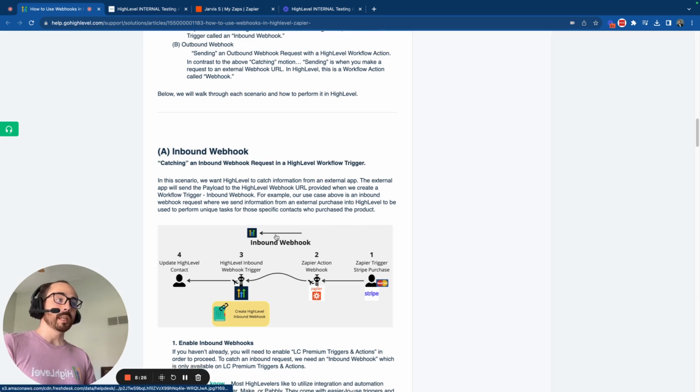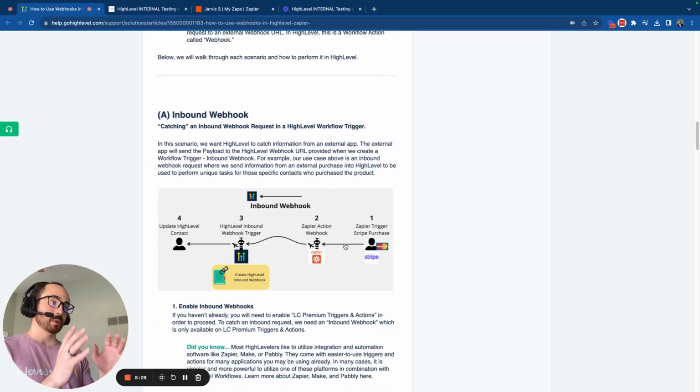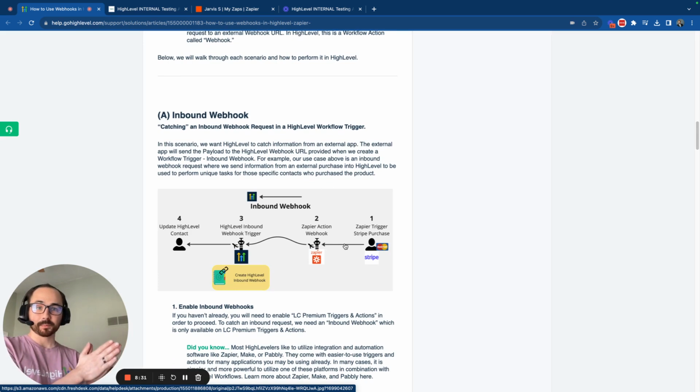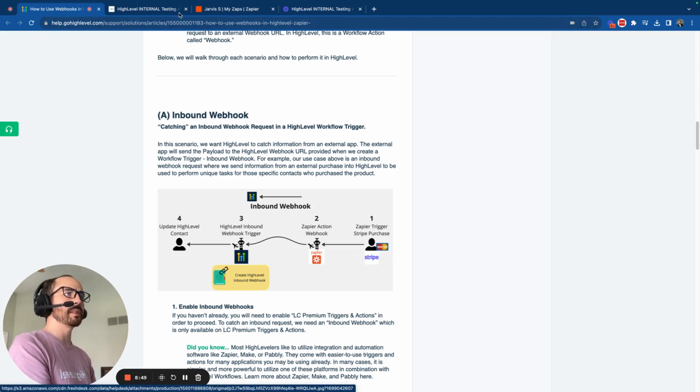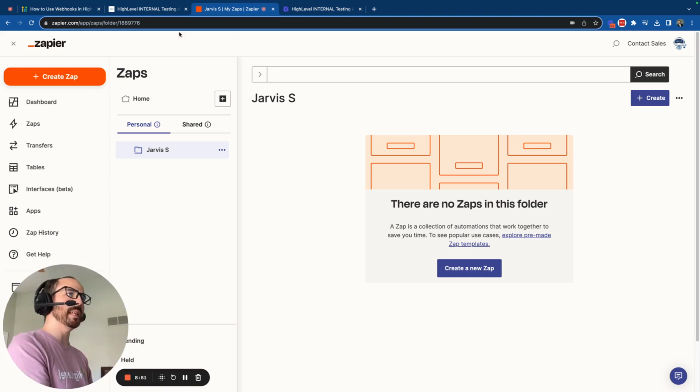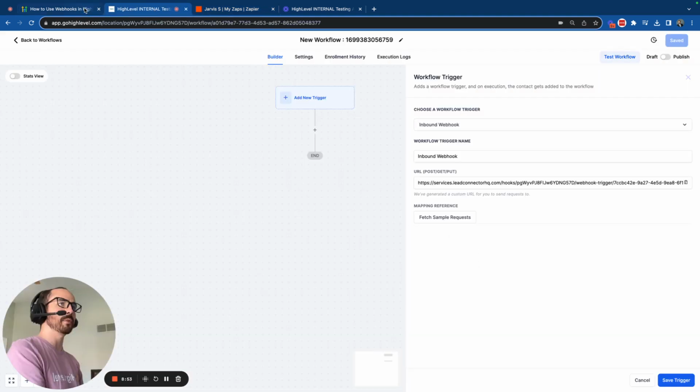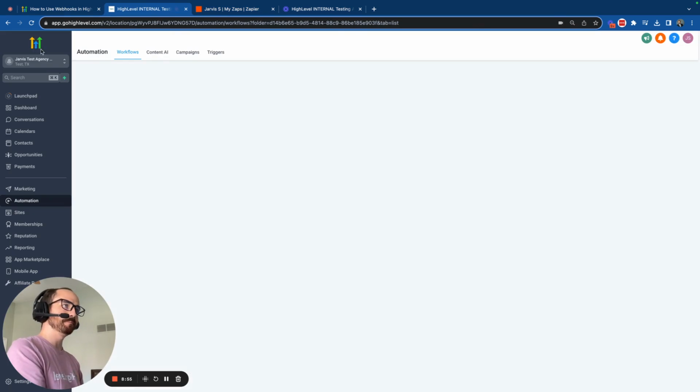And so here's what happens here. Something happens in Stripe. Stripe is integrated and connected with Zapier. I'll show you how to do that right now. Zapier sends that information to HighLevel using the inbound webhook. And then HighLevel uses that information to update a contact. Let's actually do that right now. So first, something happens in Stripe. So first we need a Zapier trigger here because the information is flowing from